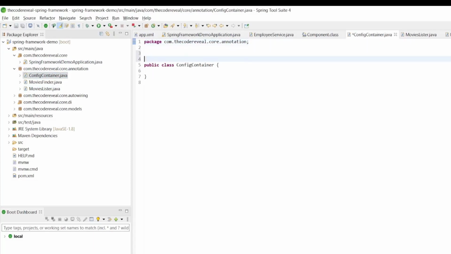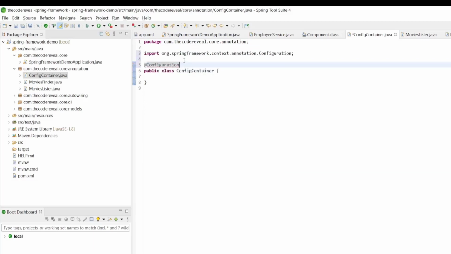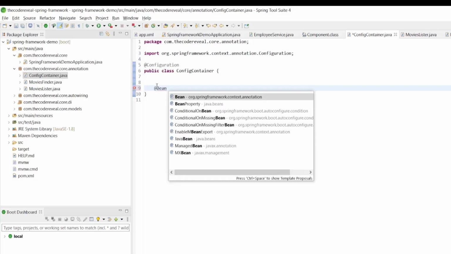First, let's discuss the config container. Here we'll use the configuration annotation to mark this class as a container. So it will create different beans here.